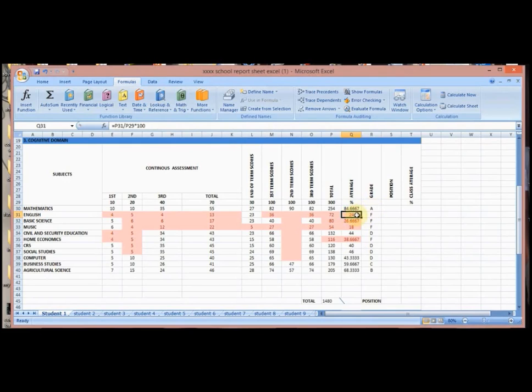If you come to this, this is Q31. See why the person had F, because the person's score is less than 40. If you are less than 40, you have F. If you have up to 40 and greater than 40, you have D. So anything less than 40 is F. So this is how the logical aspect of the function